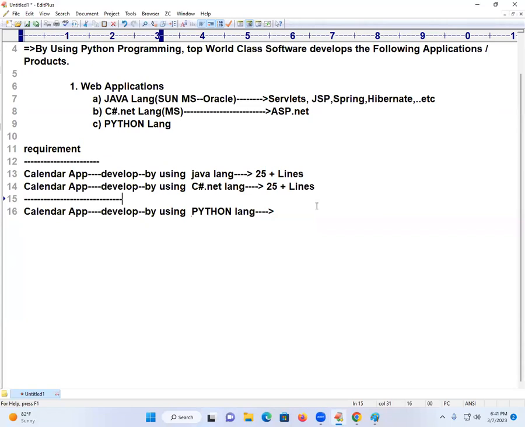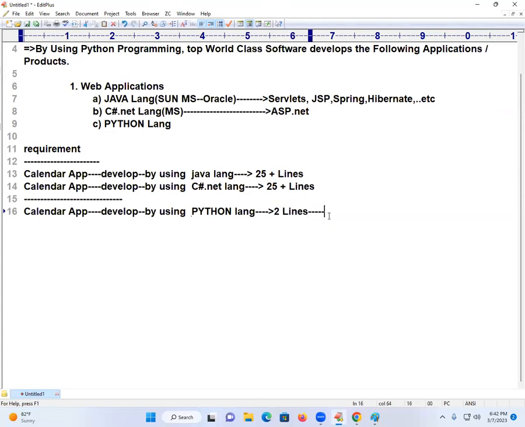Why is Python all of a sudden becoming the first choice for people? Here I will write just 2 lines of code. Sir, what is the beauty behind these fewer lines of code? That is important. Everybody can remember 2 lines of code. Still if you say, sir, I cannot remember 2 lines of code, my answer is only one thing: don't learn anything. A Calendar application using Python is only 2 lines.